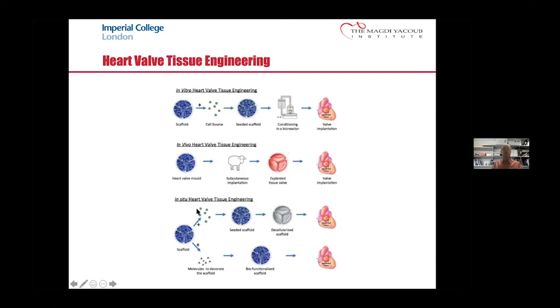So these need to be some sort of fibroblast-like cell, but ultimately you're again leaving it to the body to repopulate your decellularized valve. And again, in this term here, you put this with or without being decorated by molecules or peptides, to then have either a biofunctionalized or just a native scaffold, and this gets implanted. Again, here, controlling the cell type you may have perhaps will rely on decorating the scaffold in an appropriate manner.